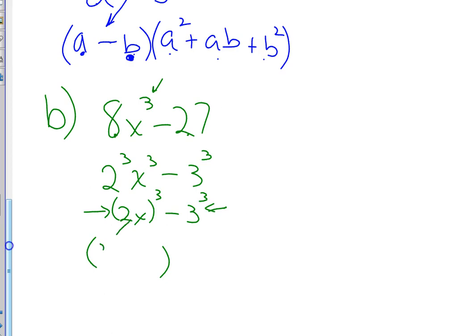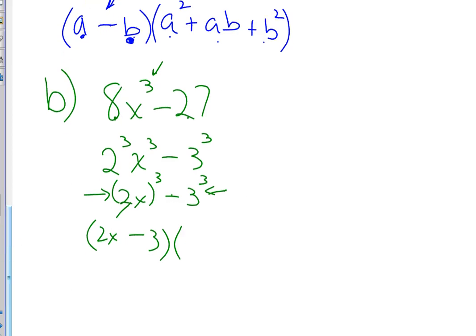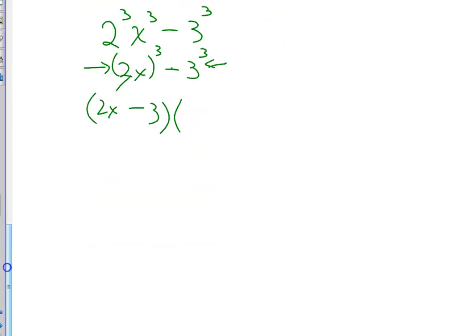I take the first thing, I write it first, so 2x. I take the second term, I write it second, so 3. And I make the sign agree. Now I'm going to use this short parentheses to create the long parentheses. I multiply the first term by itself. 2x times 2x is 4x squared. I multiply the first term times the second term. 2x times negative 3 is negative 6x. But I got to change the sign. These have to be opposite, and they are now. And then I multiply the last guy, negative 3 times itself, you get positive 9. And I've now factored